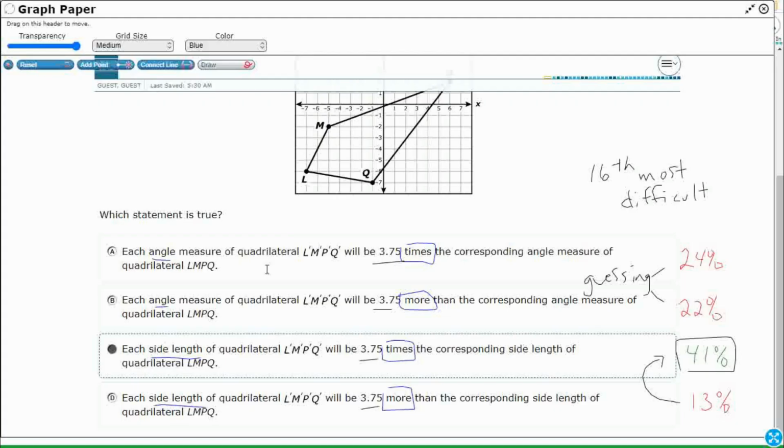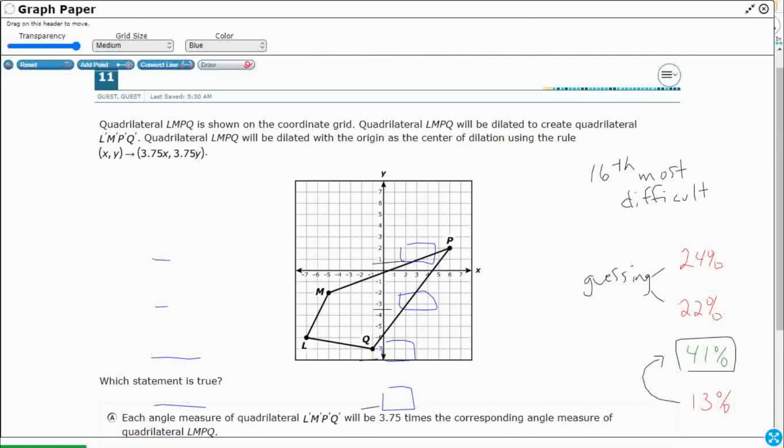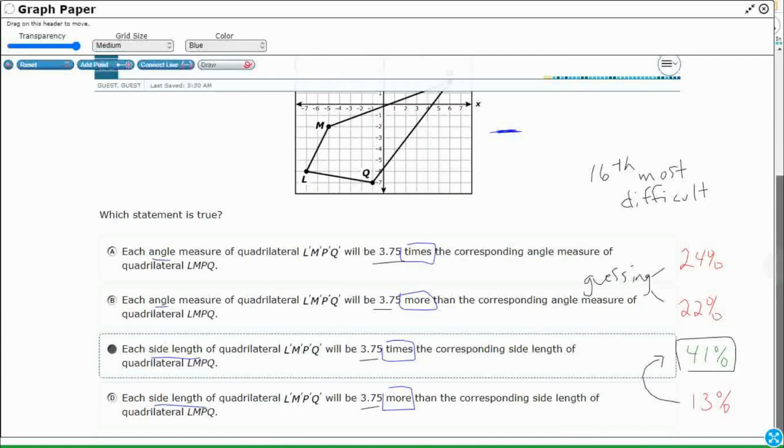So this would be an opportunity to work with students as to first visualize what a dilation means, right? And are we going to grow it or are we going to shrink it, right? And we got that word dilated right there, which means we should know that we're going to grow or shrink. That 3.75, that's greater than 1, right? That lets us know that it's going to grow. And that means, first off, we should be able to eliminate angle measures because dilation does not change the angle measure, it does change the side length. Now this was a little bit tricky here, the times versus the more, but even if we could eliminate A and B, that would have given us a 50% chance if we weren't sure of the difference between times and